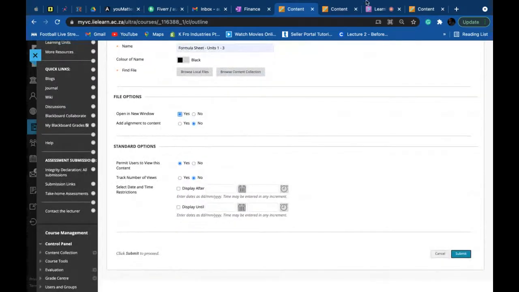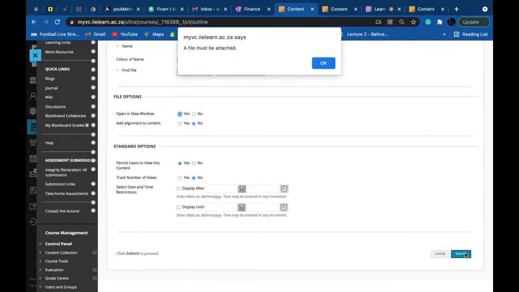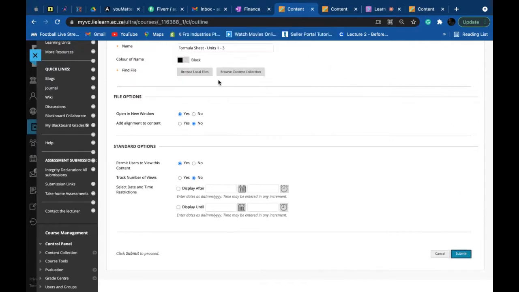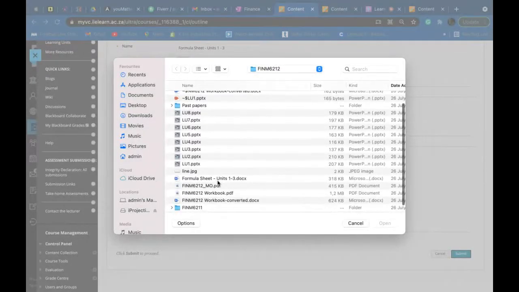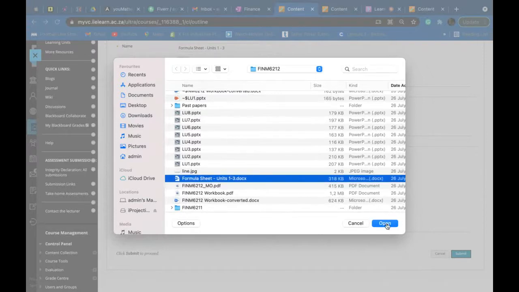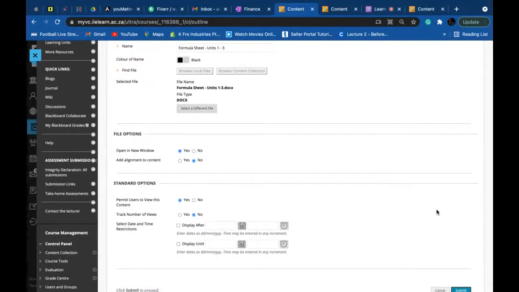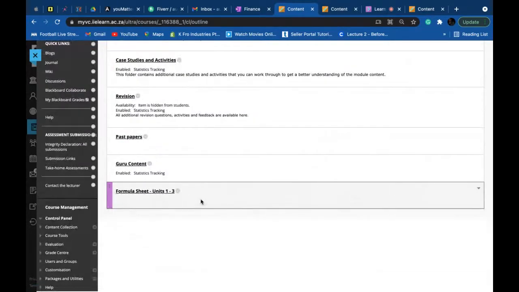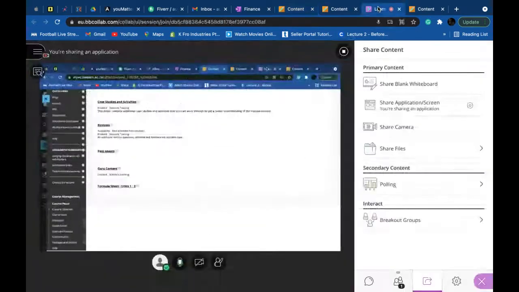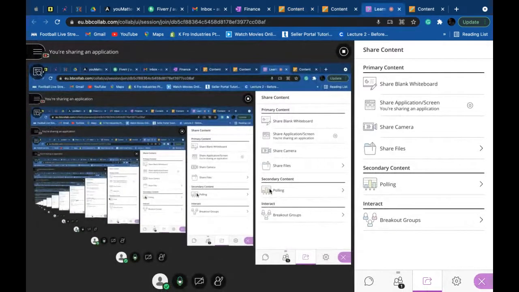The reason why it's a Word document is because I want you guys to continue to create the formula sheet. So now for learning units 4, 5, 6, 7, 8, I want you guys to continue to develop that as you study those learning units. Okay, now that's there at the end of that. So if you go to more resources, you'll find that formula sheet. Okay, so that's where we're going to start for today.